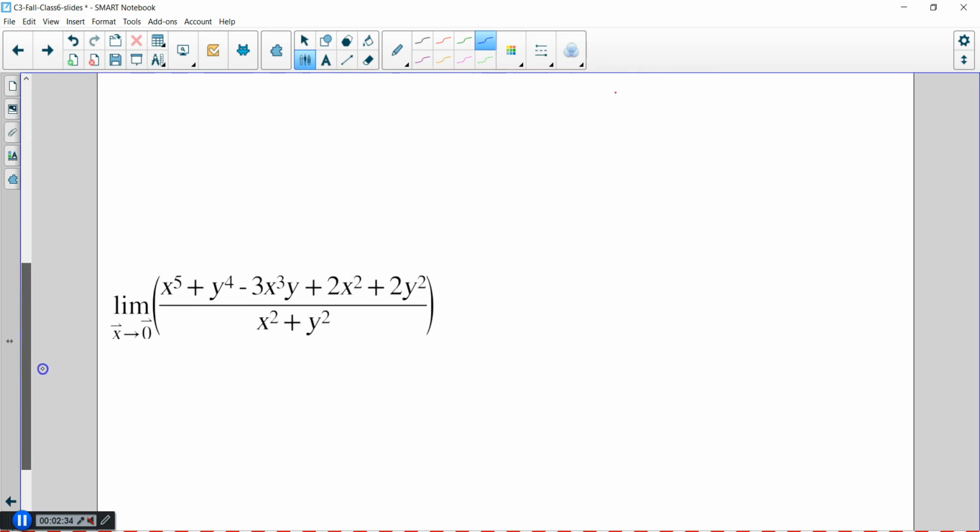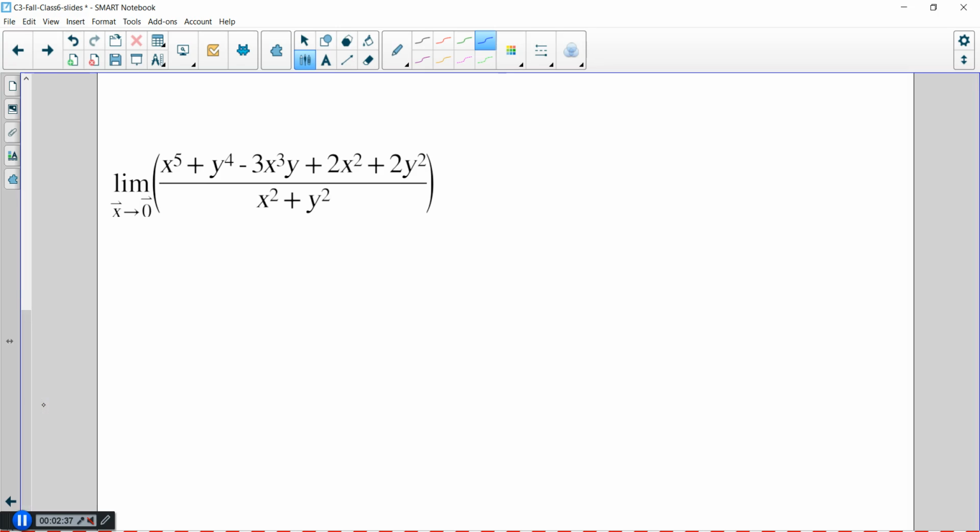Let's see about another one. Okay, yes, big, long, complicated expression. I'm not going to say it out loud, you can write it down. Okay, for this one, let's just see if cylindrical coordinates or polar coordinates are going to help us in solving this. Okay, so let's see, I'll have the limit as r approaches 0 from the right. Okay, and I get r to the 5th, and I'm going to write c to the 5th instead of writing cosine for everything, so c to the 5th, and then plus r to the 4th, s to the 4th, sine to the 4th,